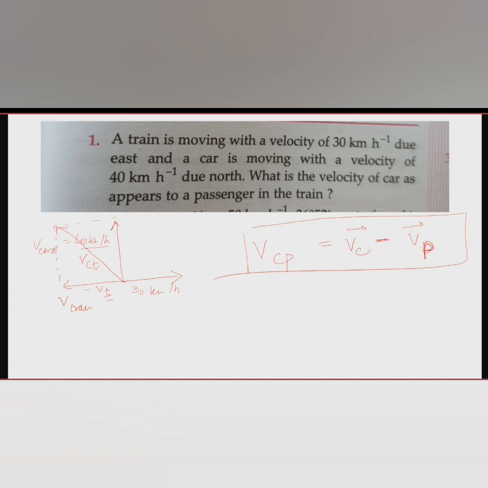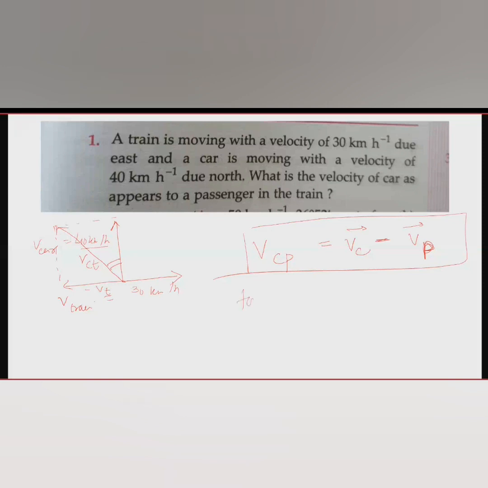Okay, you can also find the angle. Yes, it will be 50 km per hour, and if you are just asked what is the velocity of car, then it means that it's a given that you have to find the angle also. So you also need to find this angle theta.